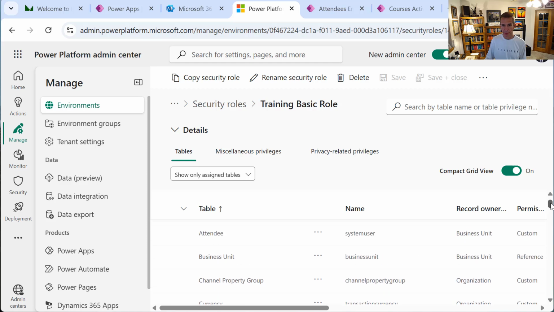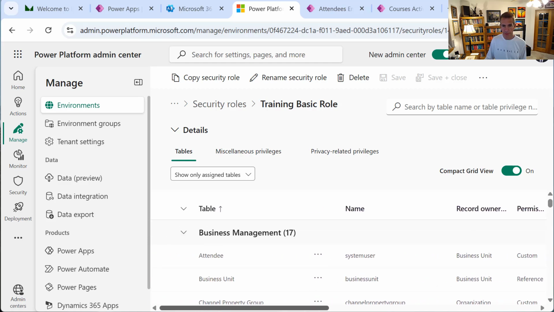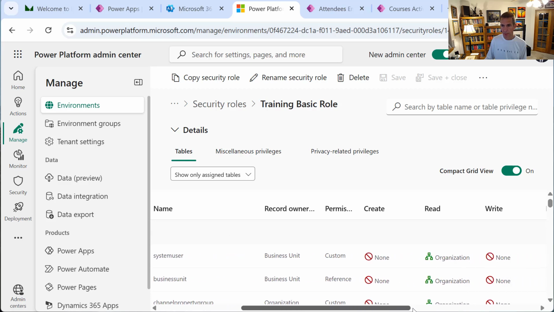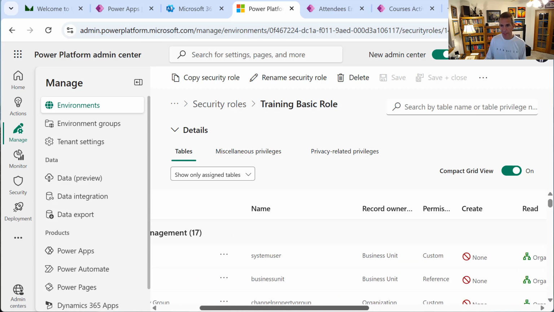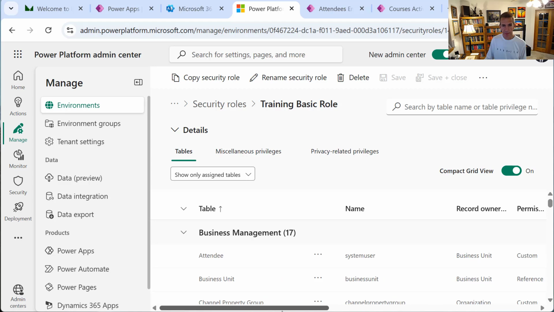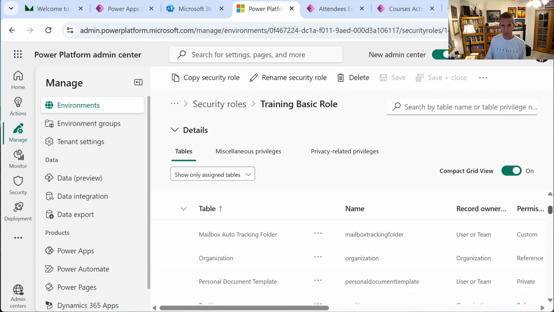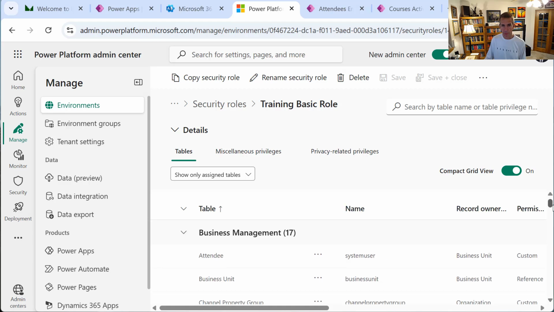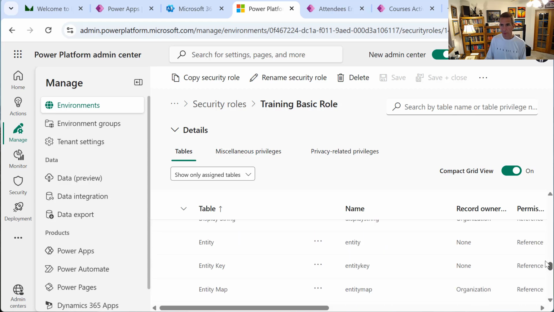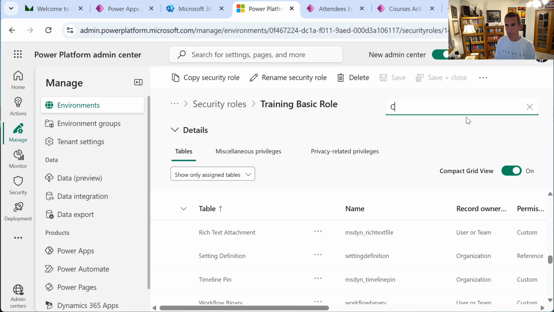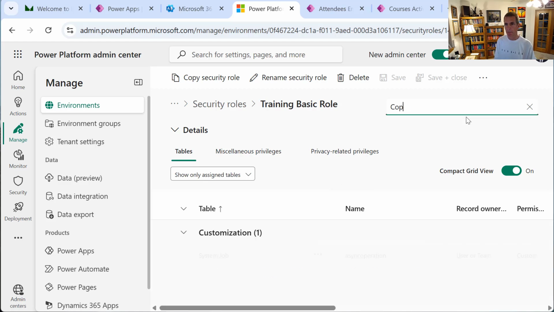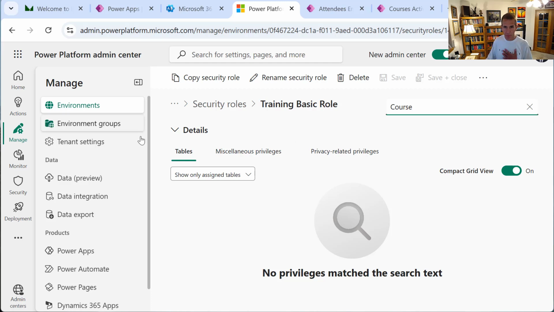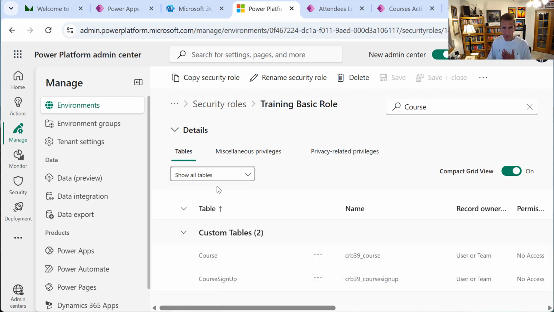And then what we can do is edit the permissions for that user. So we can come into the different tables like who can create an attendee, and let's find the courses. Oh yeah, here I can do it here. Huh. Show all tables. There we go. So we can come in and